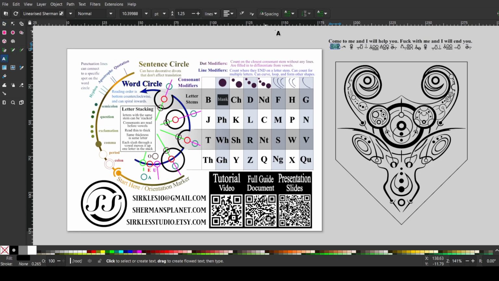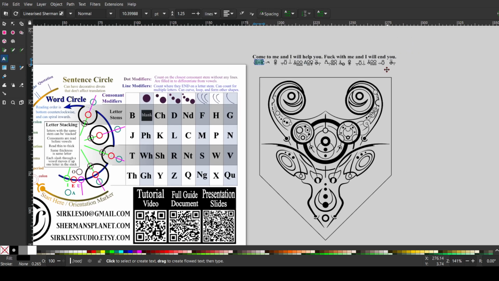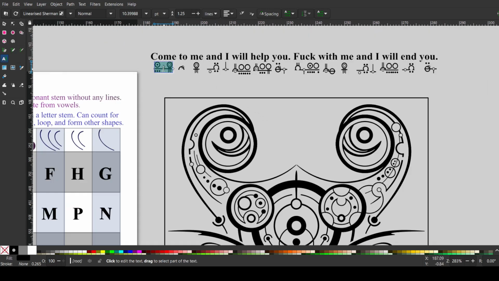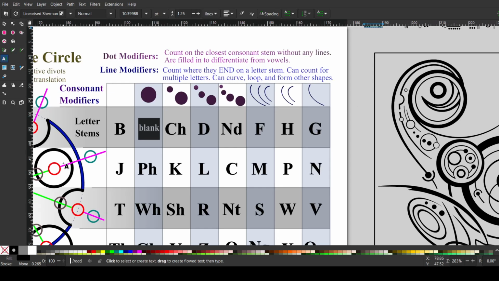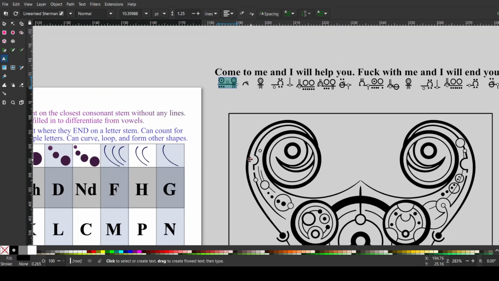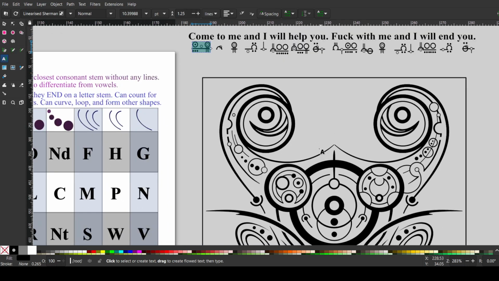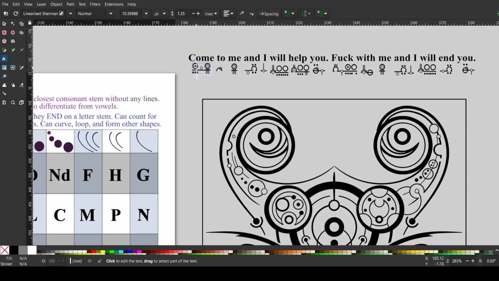Since this is a fancier design, I'm going to jump straight to the little translation bit here and just go off of these instead of talking about the stems and modifiers like in most videos, because this is advanced Sirkles, if you couldn't tell. But anyway, we have in our first word 1, 2, 3, 4 dots on the C, and then the O is attached to the C like a bead on a string. 1, 2, 3 lines on the M, and then the E is unattached, so that would be the word come,